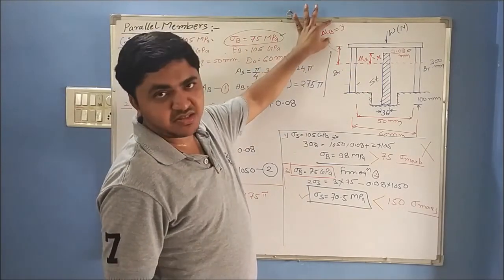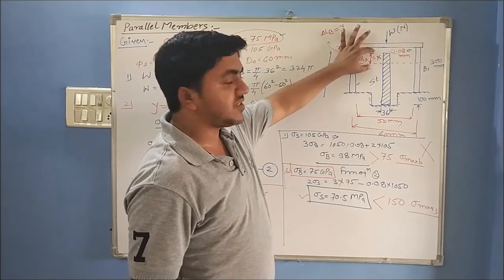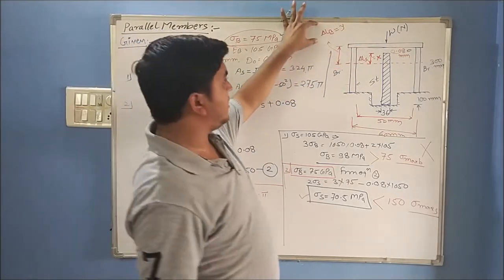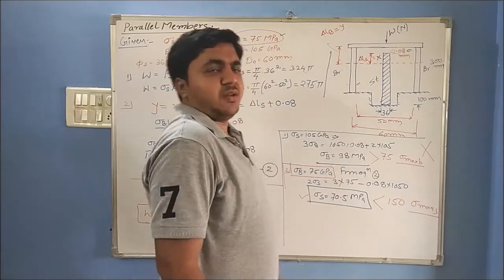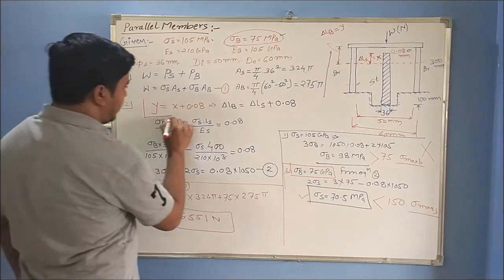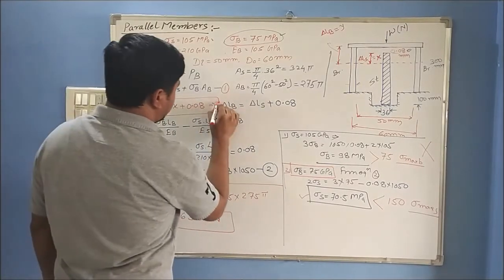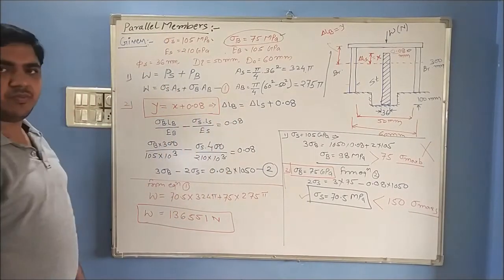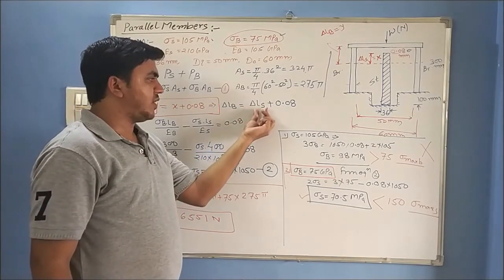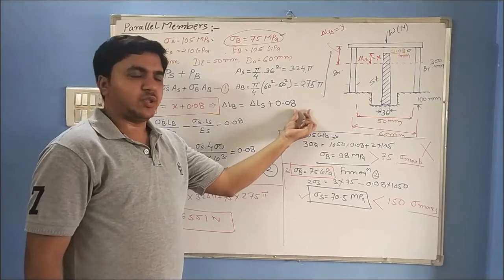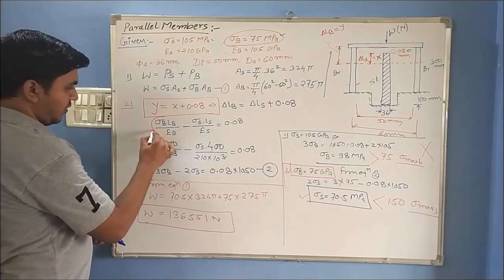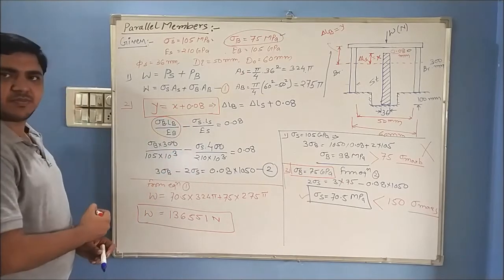Delta L brass निकालना है. Remember, delta L of steel नहीं निकालना है. क्या निकालना है? Delta L of brass निकालना है. So you know this value, no? Delta L of brass कितना हो सकता है? So ये आपके पास equation है. So I'll put directly my value on this equation. Y का value निकालना है आपको. This what? Delta L of brass का value निकालना है. So you can find out delta L of steel plus 0.08, और delta L of brass का value क्या है अपने पास? This is the value of delta L for brass.